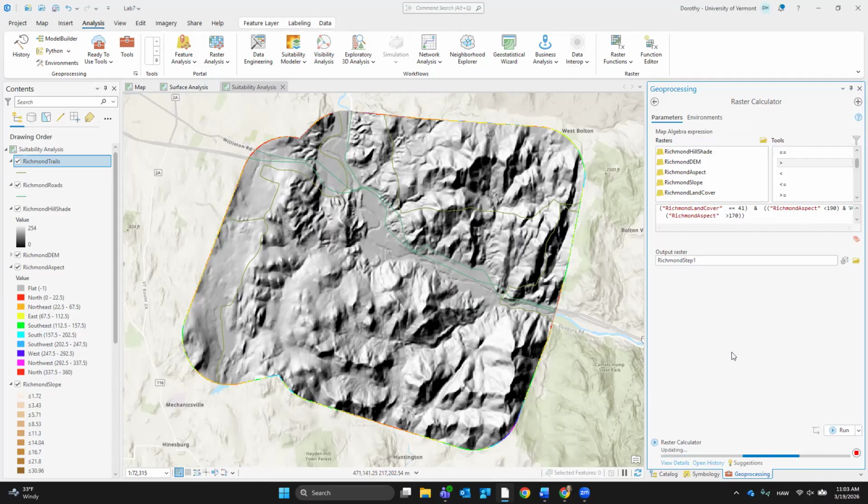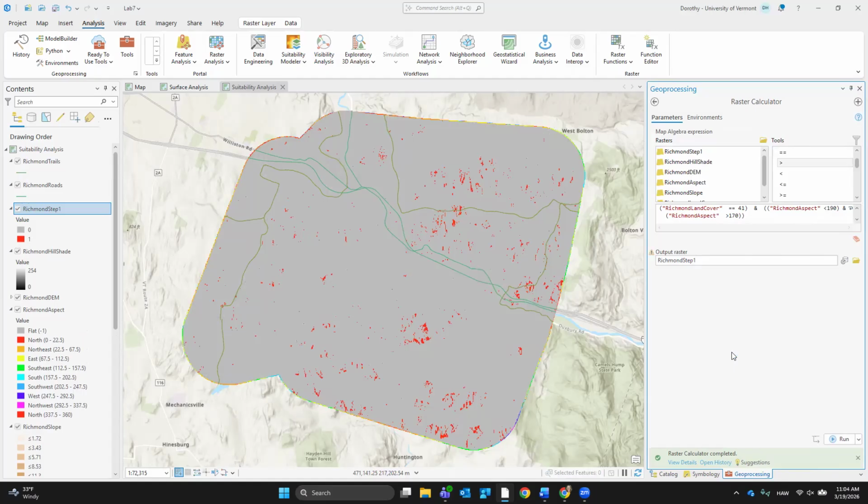Oh, look at that. Oh, come on. Magic. Oh my gosh, magic. It worked. See? Now I'm going to save really quick. Boom. So I don't lose that one. Because now I have Richmond step 1. You can see we have values of 0 and 1. The values of 0 do not have what we want. The values of 1 have the correct deciduous forest and the correct aspect, which is facing south, right? Is that what we decided? Okay, so cool. This is the binary concept of using a raster calculator to do a query.